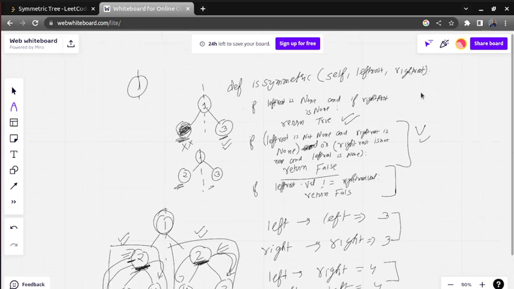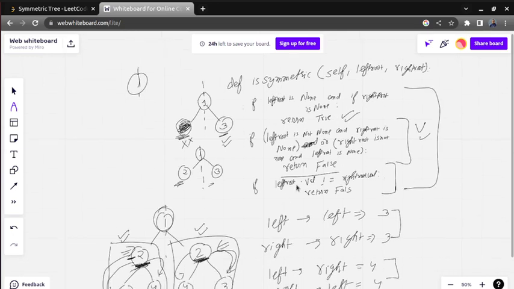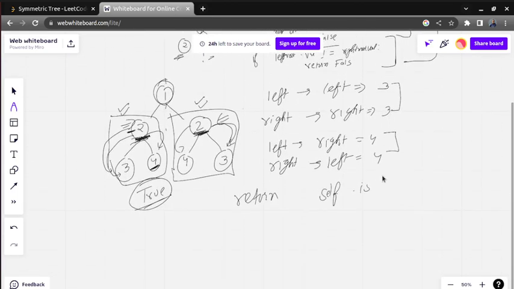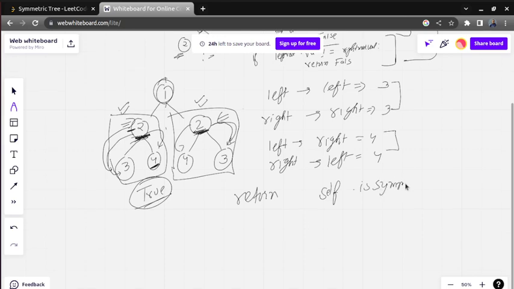As of now we have written these three conditions. Below these three conditions we need to call that function again. What is the function name? isSymmetric. So we need to call isSymmetric again by passing left root dot left and right root dot right.